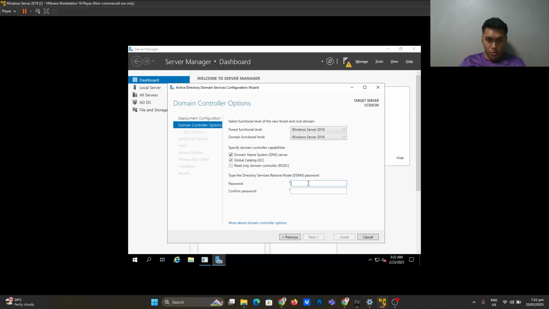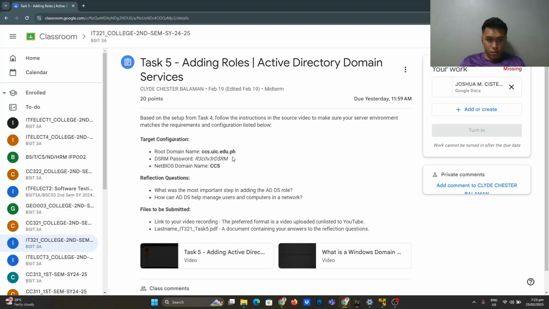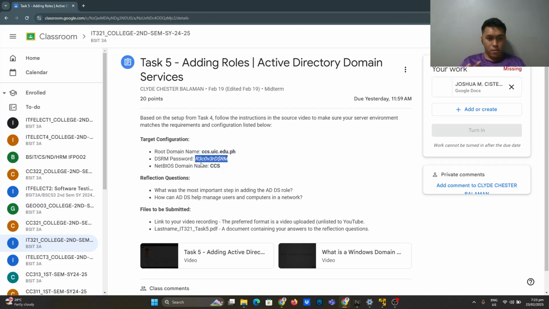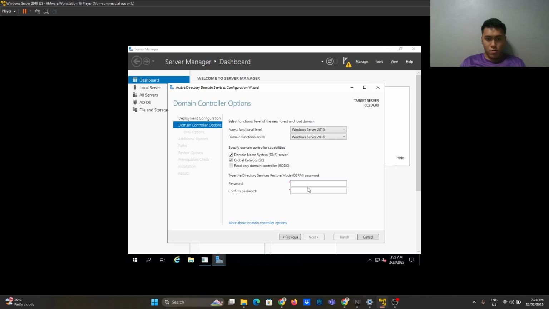For the forest functional level, we will choose the updated one. For the password, I have this given password for my task.